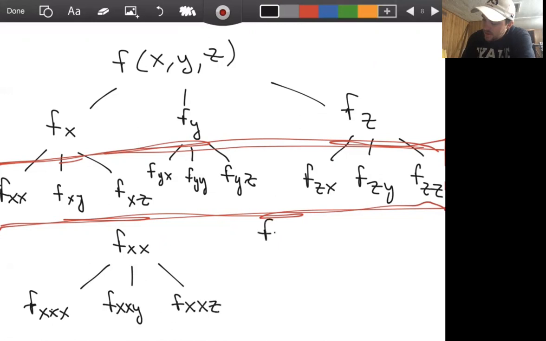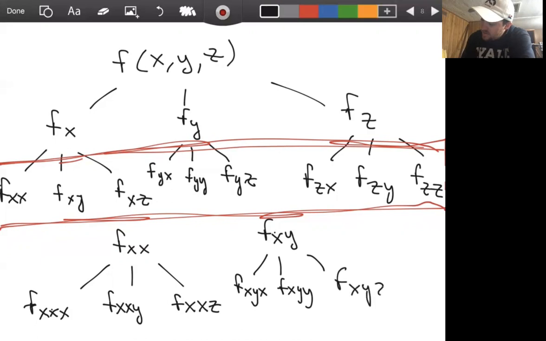And then f sub xy. Then you can have f sub xyx, f sub xyy, f sub xyz, and you can keep going. So there are a lot of third order partial derivatives, and that can keep going for however many times your function is differentiable. And that's an idea of